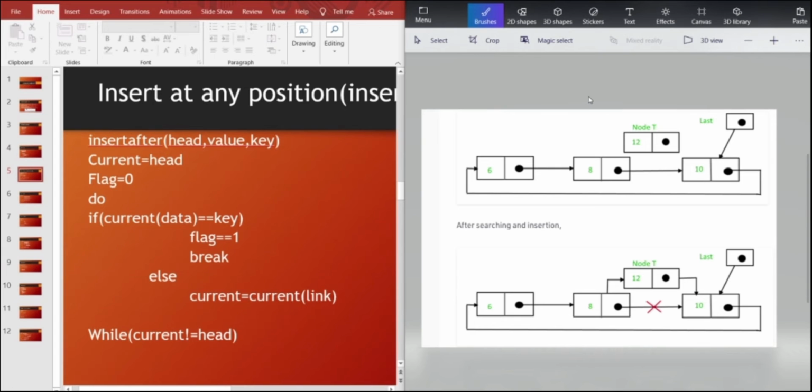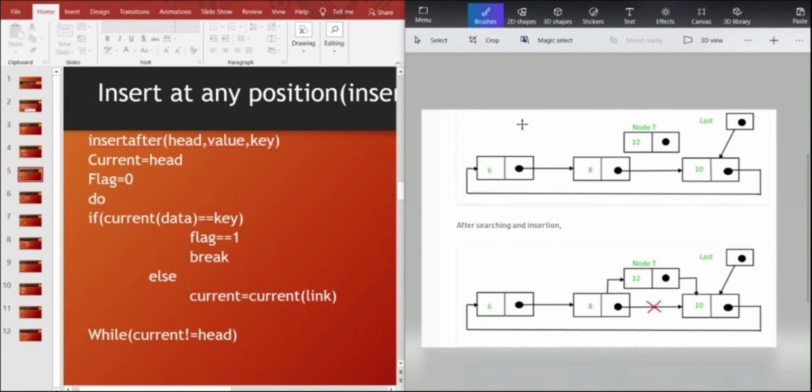So now let's look at how the insert after algorithm works. Here we have to insert the node T with the value 12 after the node with the value 8, and here the key element is the node with the value 8. First we set the current equal to head, so the head with the value 6 is the current node now, and we set flag equal to 0.